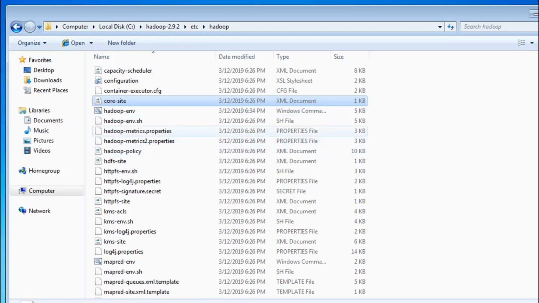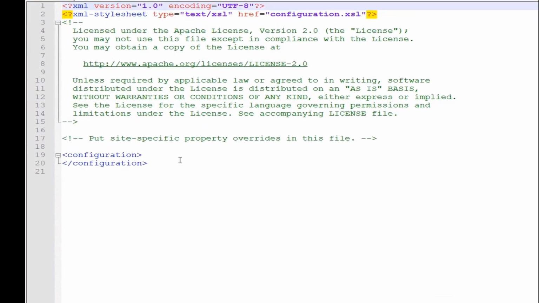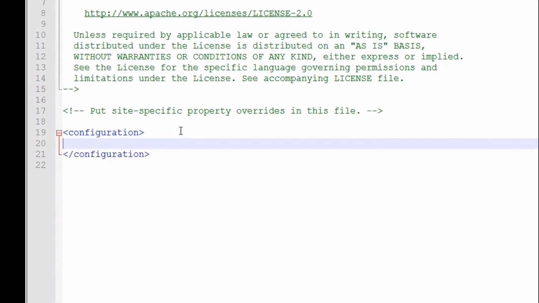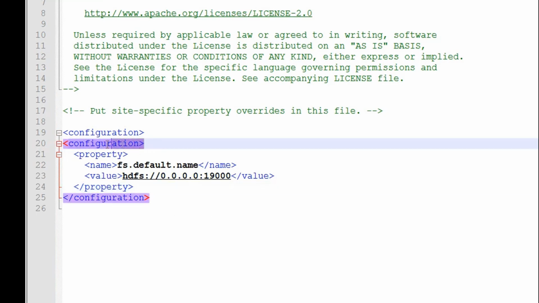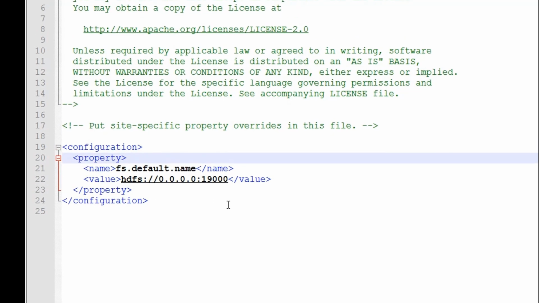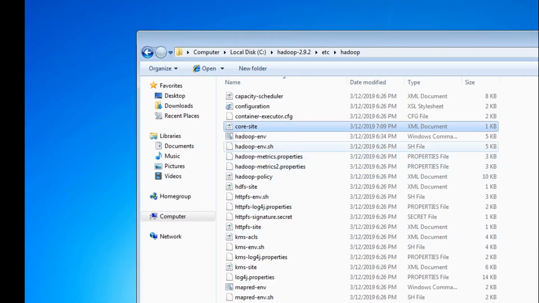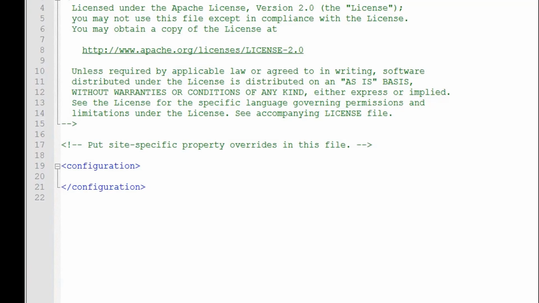The second one, let's edit core-site.xml. In that, go to the configuration section and paste this particular property, name fs.default.name and the HDFS port number. Next one is hdfs-site.xml.